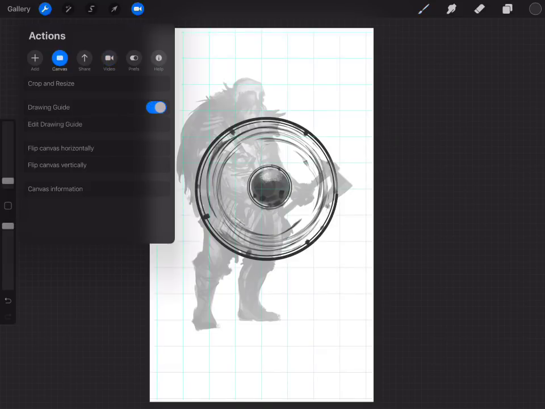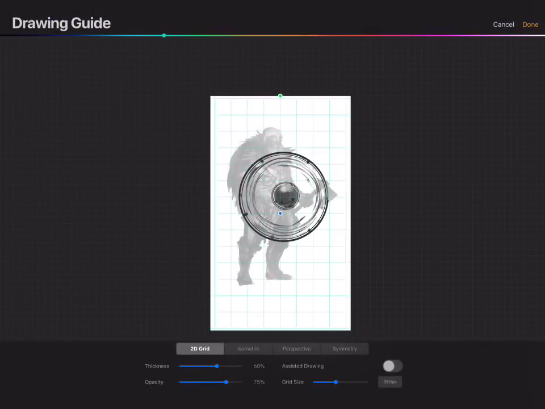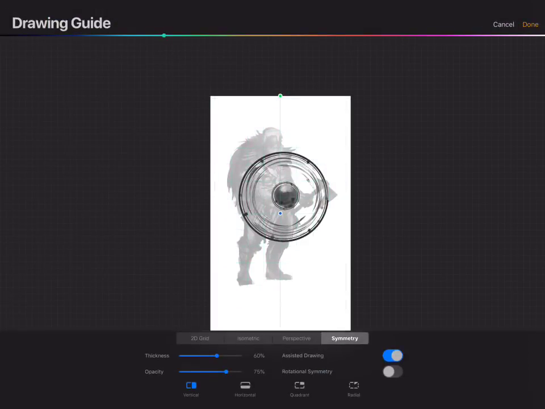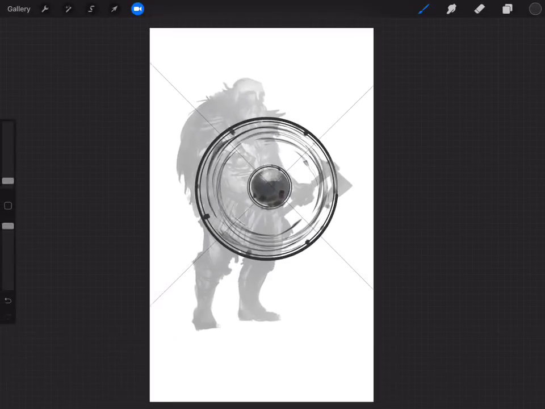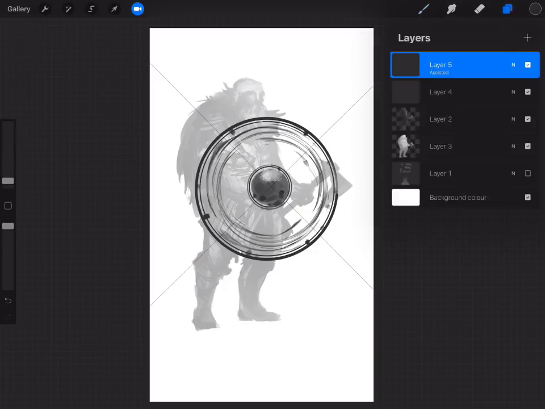Okay, let's do some symmetry. So I get into Canvas, turn on drawing guide, edit drawing guide, symmetry, and I want to have the quadrant. And then I just place the middle in the center of the shield. You can also angle it if you want. Maybe we'll do this. Done. And now on a new layer,